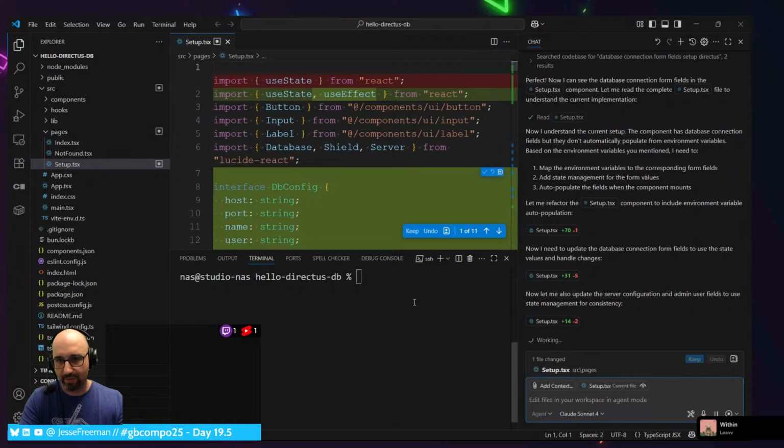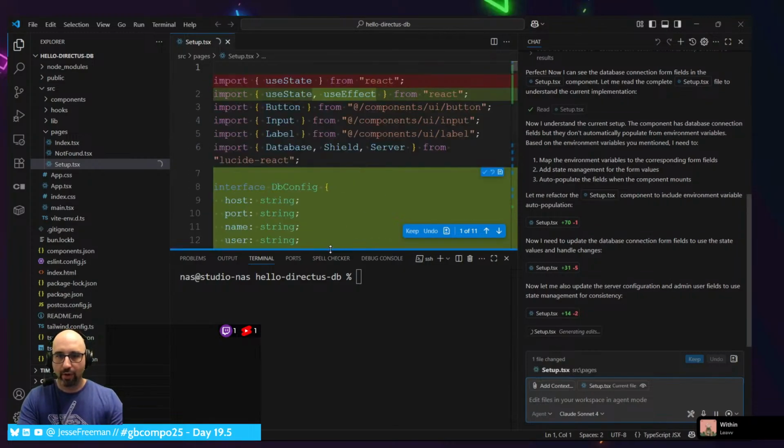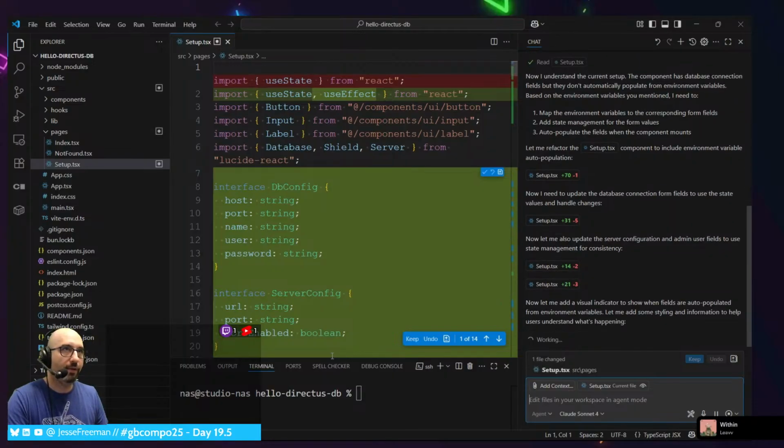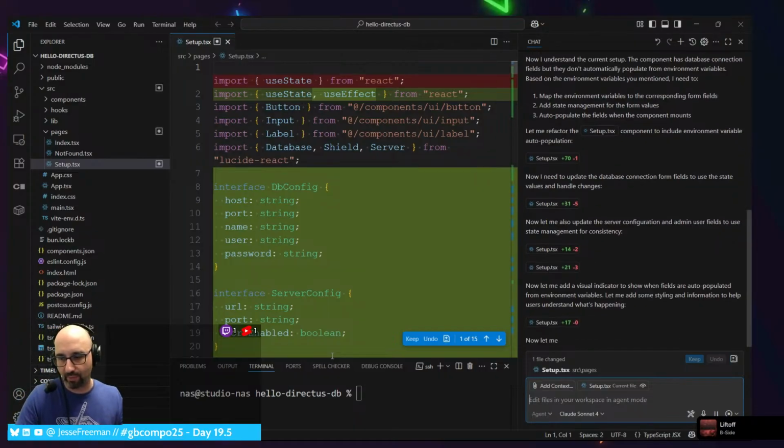Let's see what it's doing here. So long story short, I came up with this little project, and the idea is that you put in the information for the database you want to remotely connect to, and then this script will create a very simple table, a user, and validate that you can create a basic note-taking app in it. And so that gives me all of the validations I need to know that the connection is working.